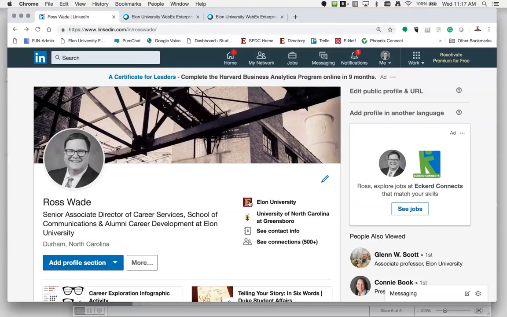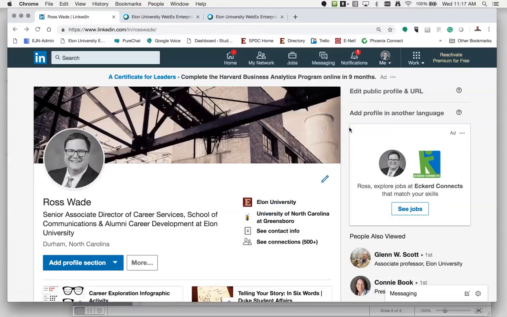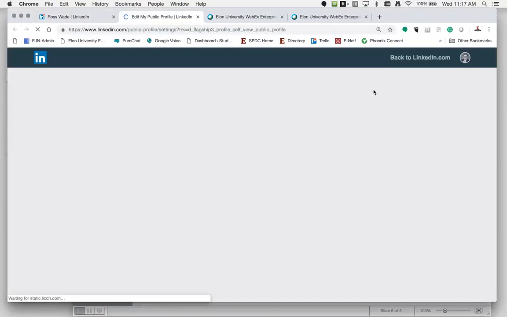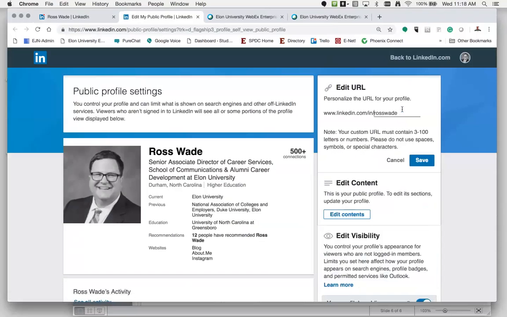Discard. All right, another thing that I think people can do and rarely do is you can customize your URL. And so to do that, you go to the top. Again, if you go to Me and View Profile, this is essentially edit mode. You're able to go up here and edit that profile. So if you go to the top right over here, again, we're looking for a little pencil. You can put your first, middle, and last name, or first and last name.